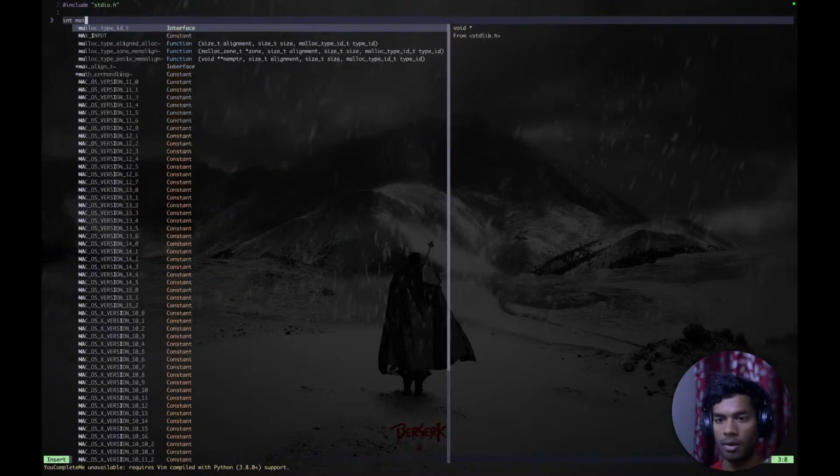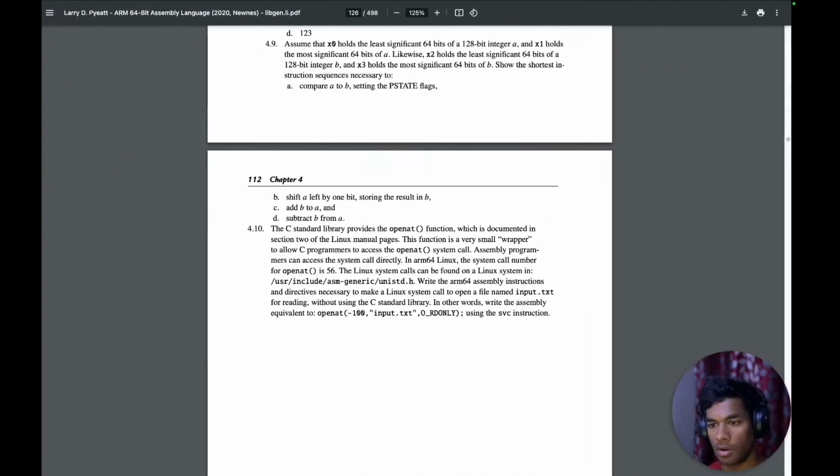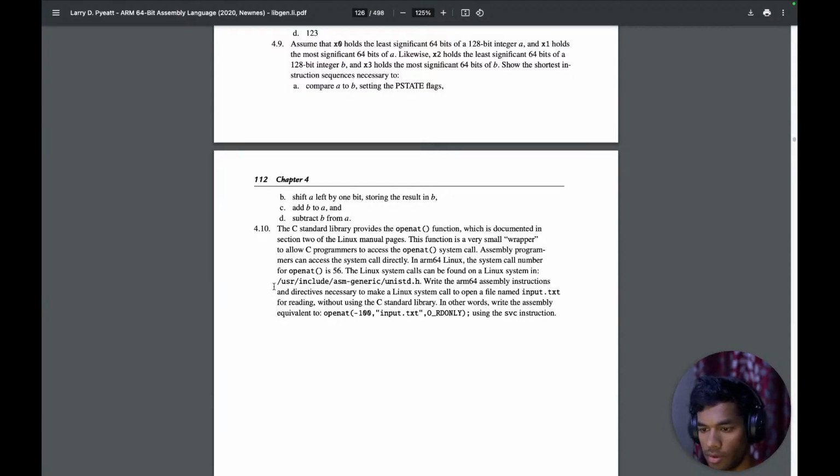Include and main. Inside, I want to use what is the function that it used. It used openat, this openat and